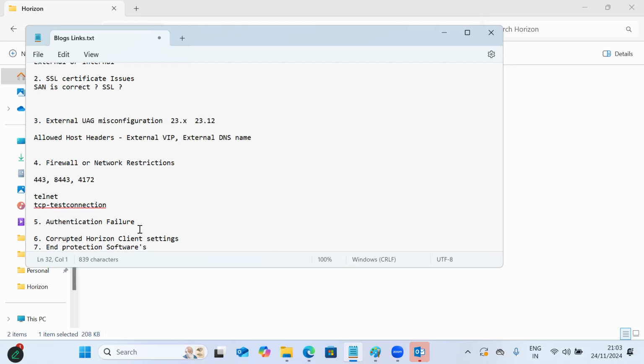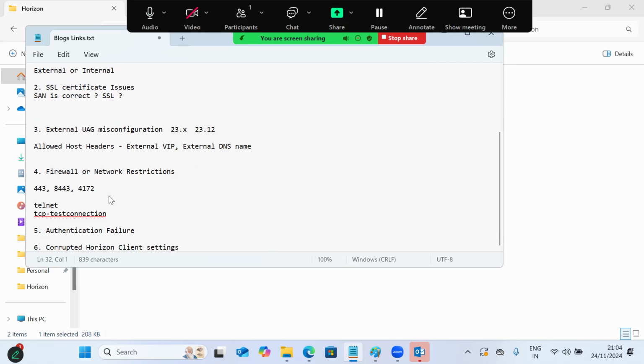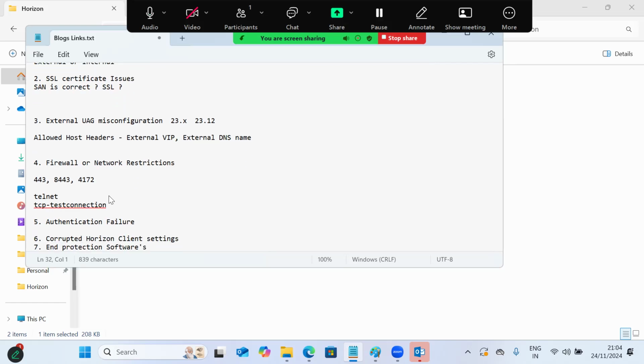We need to make sure authentication is happening successfully, the user is using a valid username and password, and the user account is active or inactive, blocked or unblocked. Many scenarios we need to check on the authentication side. If the first, second, third, and fourth scenarios are all fine, then the next part we need to check is authentication, and if authentication is also fine,